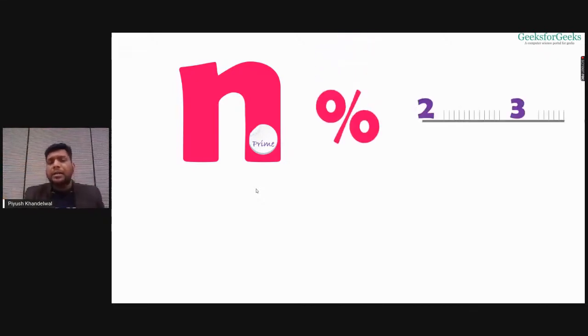Now what will I do? I'll divide this number n by every number from 2 to n minus 1. Suppose I divided by 2. It was not divisible. I tried by 3.